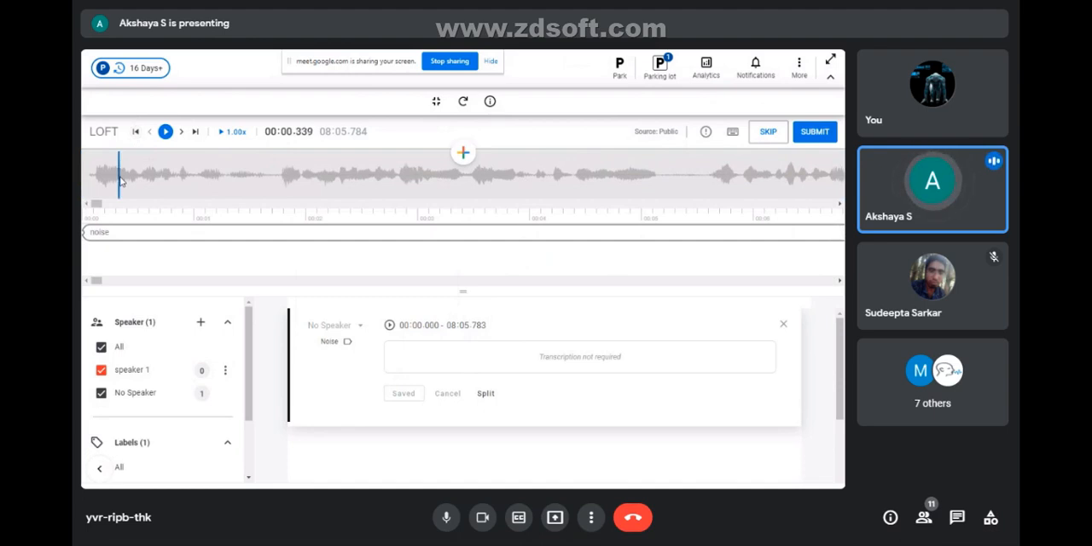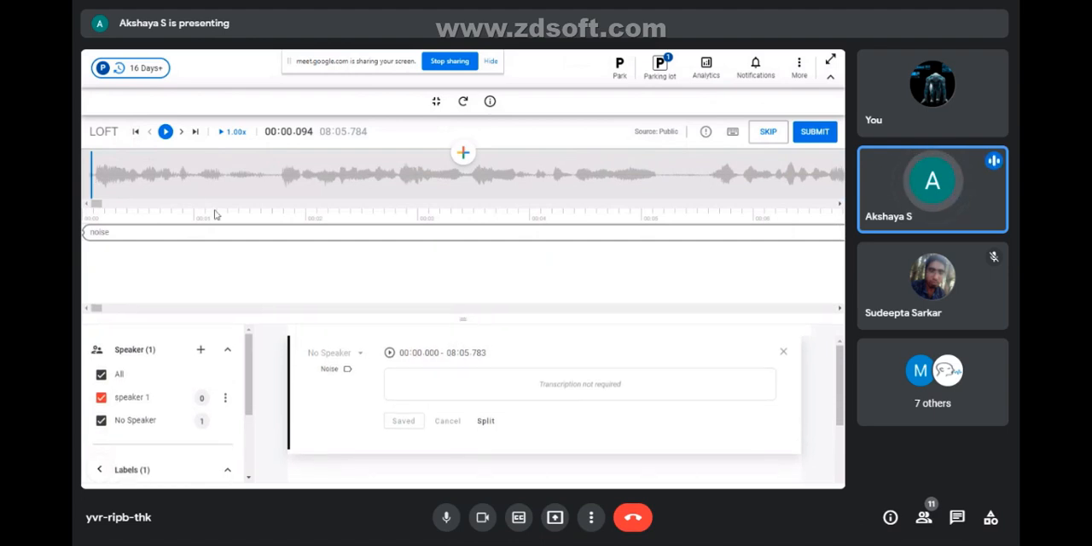See, I have heard the noise. That's why I have heard the noise from the start to the end of the audio. That's why I have created one long segmentation. Okay, now I'll start with